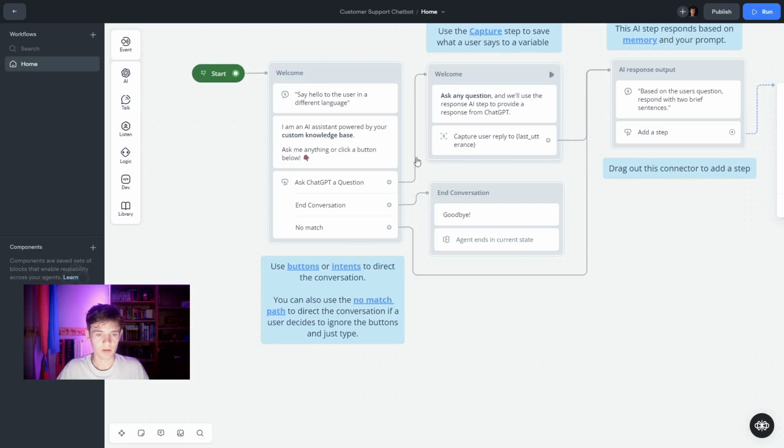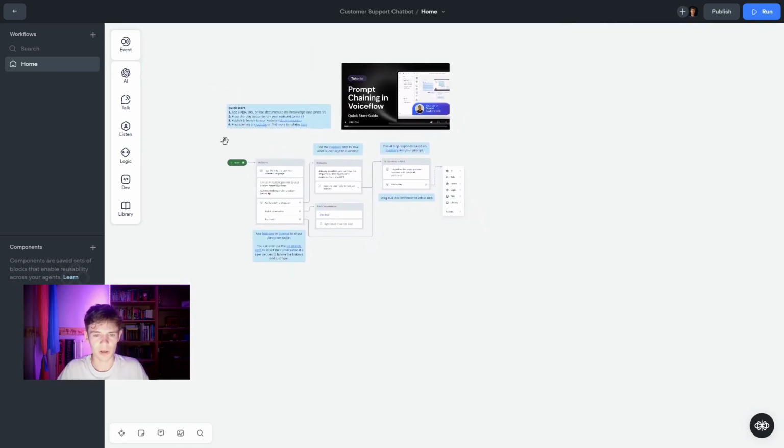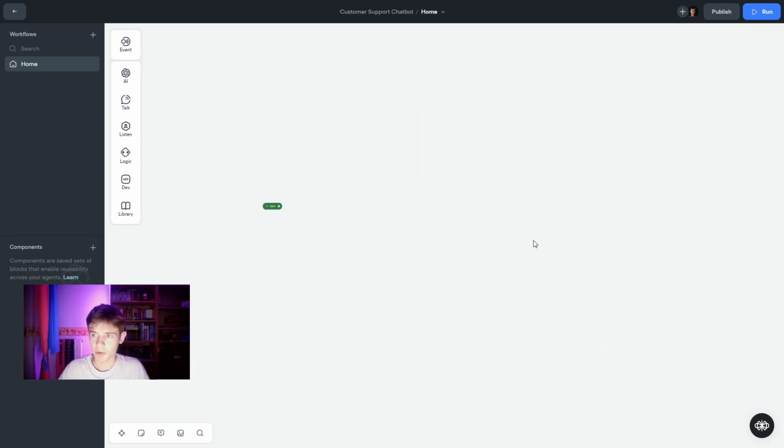Now, first thing I would suggest you doing is clicking down here on this little button and selecting the trackpad. That's a little bit easier to navigate in my opinion, so if you click Control you can zoom out. If you press the mouse wheel you can pan around, and you can just drag and delete all of that junk. That's basically just a tutorial, but that's what I'm here for. Alright, let me show you how